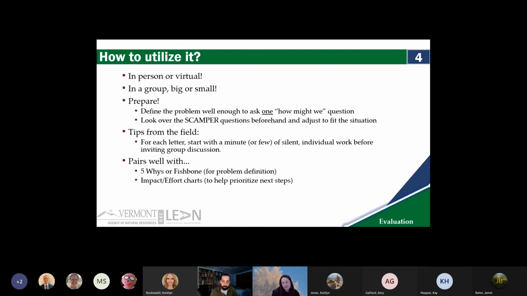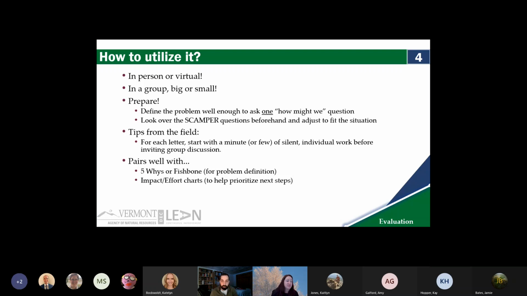This technique you can use in all kinds of facilitation ways, but it allows folks who maybe aren't as comfortable jumping in to speak, or are a little slower processing, or want to think about things silently, space to do that. So you can start each section with a minute or 3 of silent work,